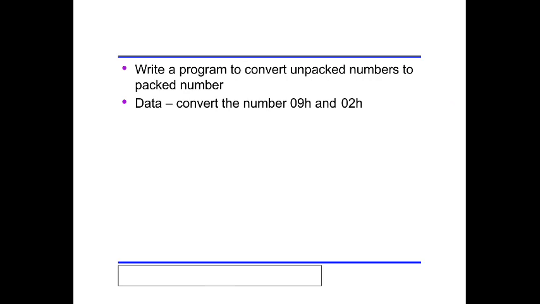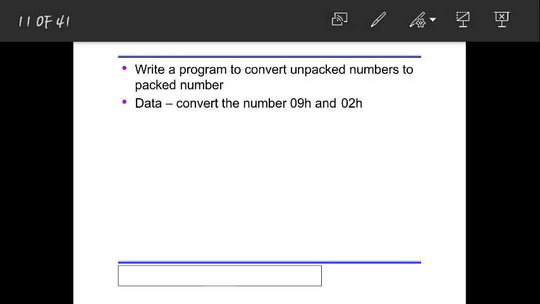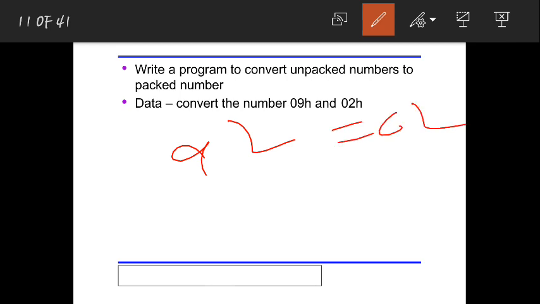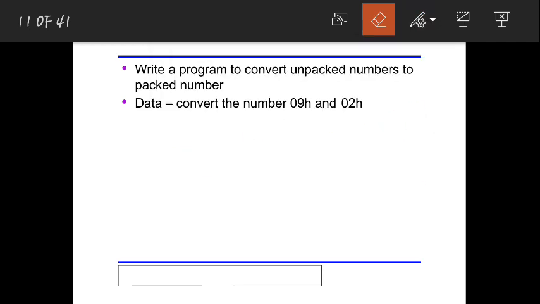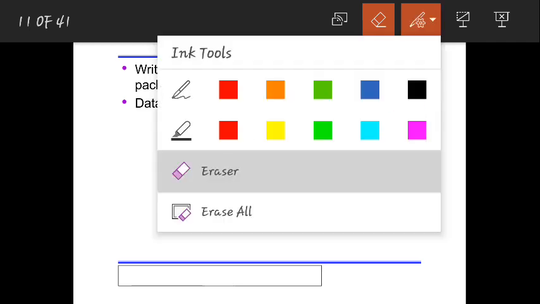If from 92 you wanted to get 02, making 9 as 0, then I can use AND operation, because 0 into something is always 0.